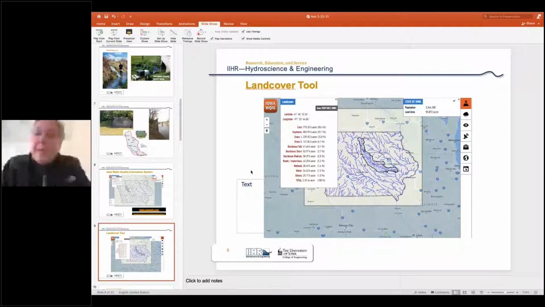Again, an enormous amount of data is generated here, and I work closely with Keith Schilling, who's a state geologist, and we also work with other faculty and graduate students to try to generate original research. And these are some of the topics that we've published on over the last 5 or 6 years.